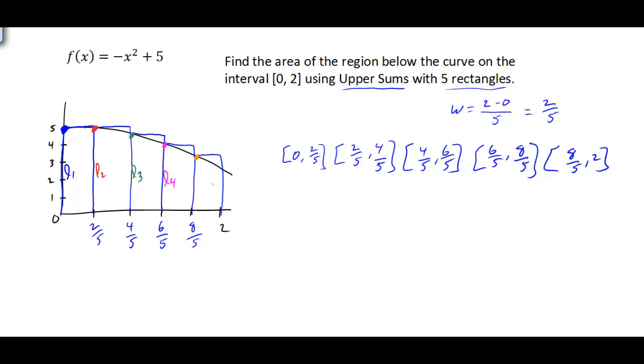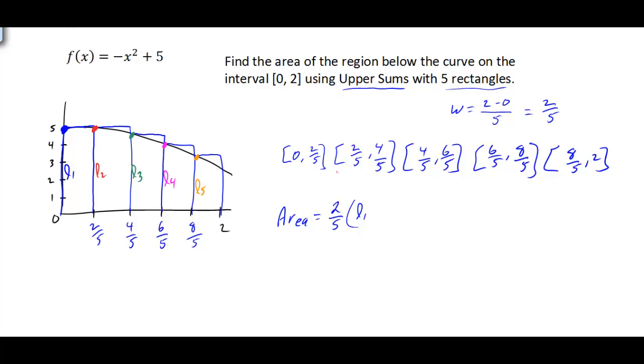And this point is L5. So there again we have the 5 lengths of our rectangle, and of course the width is always going to be 2/5. So when we go to calculate the area, we know that 2/5 is going to be multiplied by each one of them, and remember before we simply factored out the 2/5, so we would really just end up with